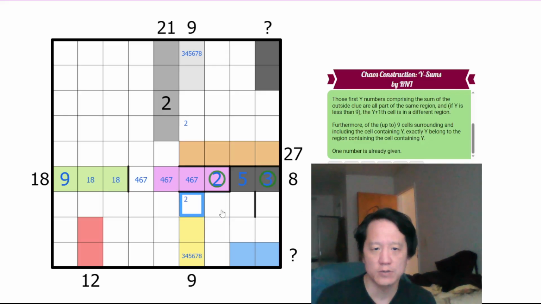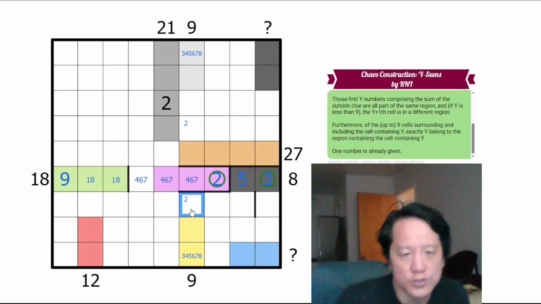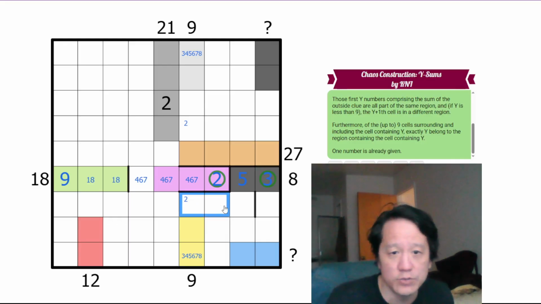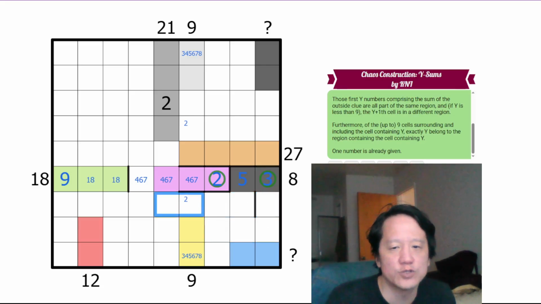So if we have a 2 here, it has to go either 2 that way or 2 that way. It cannot go 2 that way because this can't go here, can't connect to here. So this has to go this way. And then this has 2 regions here, which must be filled by only 10 cells, which obviously doesn't work. So if this is 2, it can't go 2 here because that's too few cells. If it goes like that, the problem is this is still a part of a region which doesn't have a full region. So if we try to go 2 this way, so if we try to go 2 here,